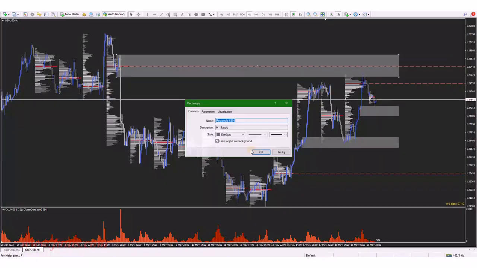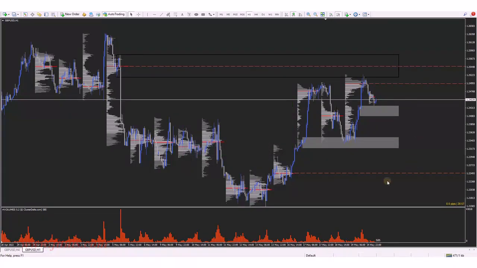So as I prefer zones without background, I will just mark this as my zone based on the volume profile, like this. Okay, another one here yesterday. I would call this a supply,